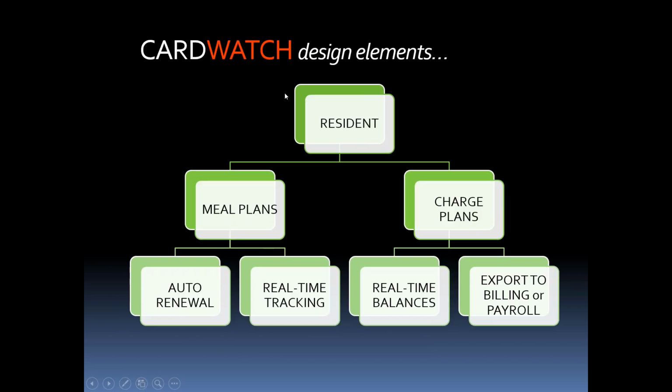So again, everything is based around the resident. We focus on meal plans where 80 to 85% of your transactions will take place. You will note that it's an auto renewal. So every month we have a scheduled task that runs to automatically renew each of the meal plans and issue either a new set of or a collection of meals, dining dollars, charge balances,